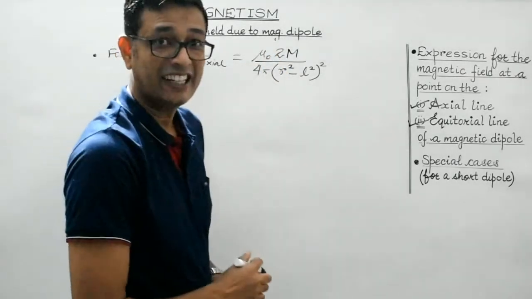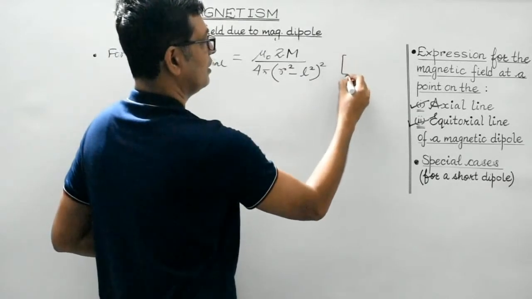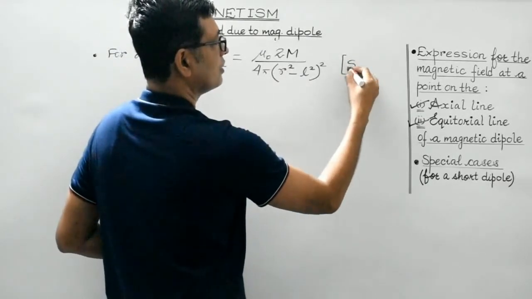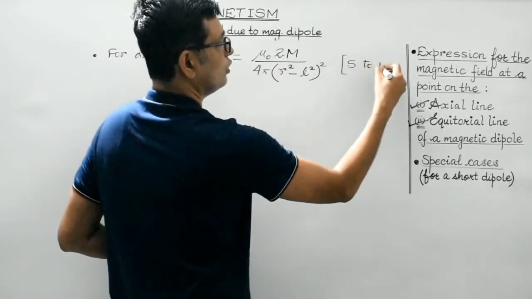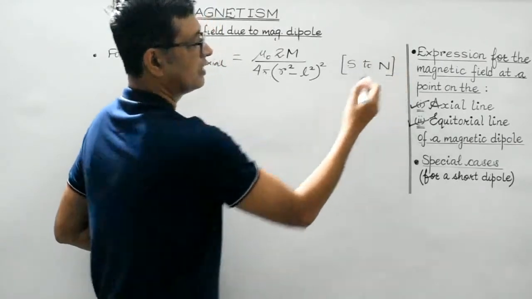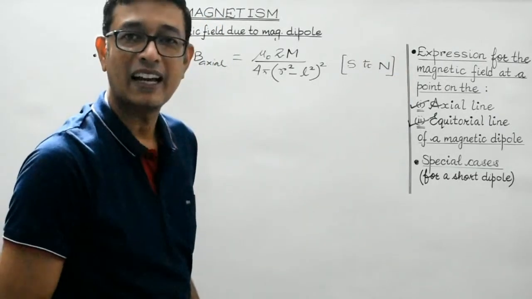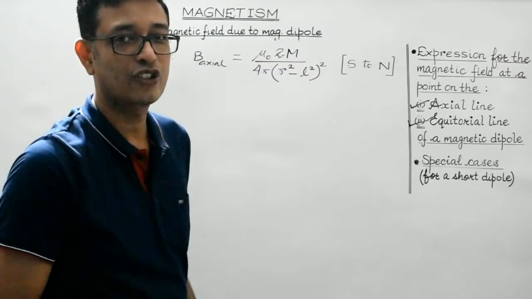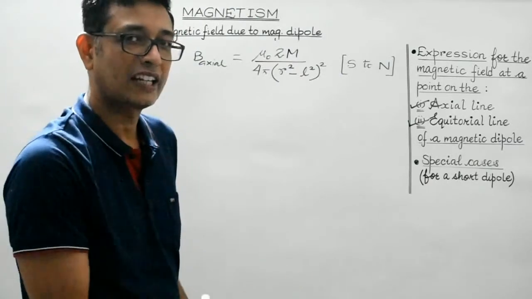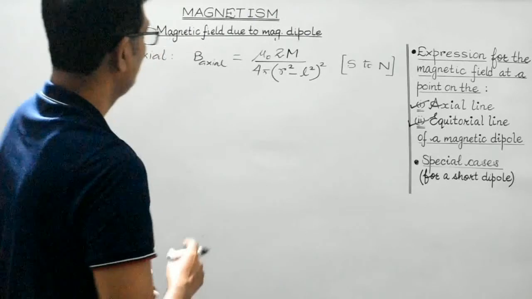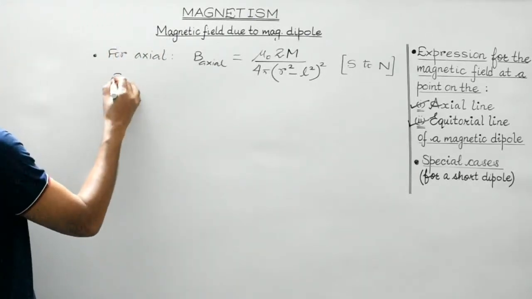And direction, that is very important. It is directed from south to north. That is along the direction of magnetic moment or along the direction of magnetic length, which are also directed from south to north. Now for a short dipole,